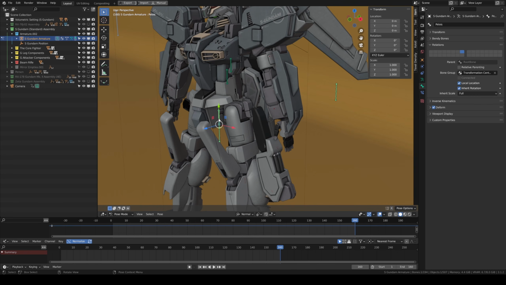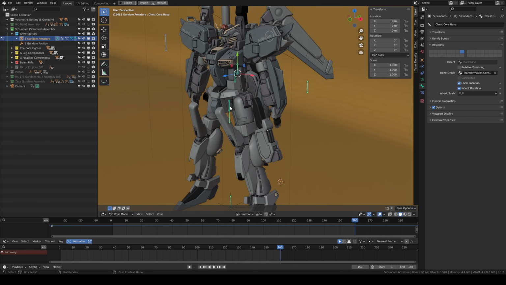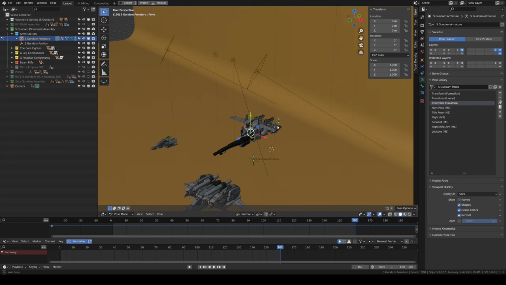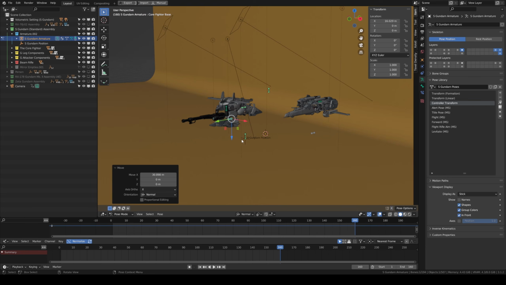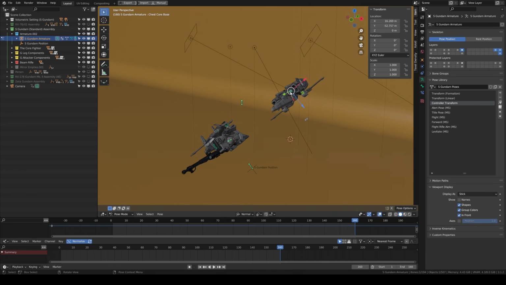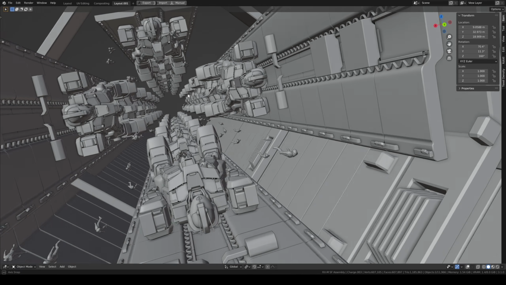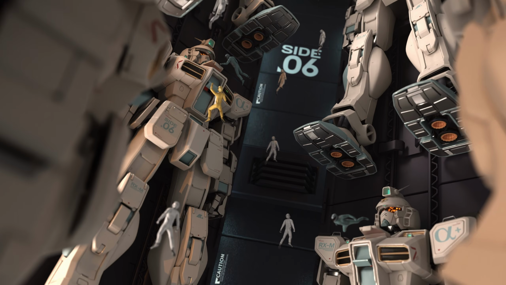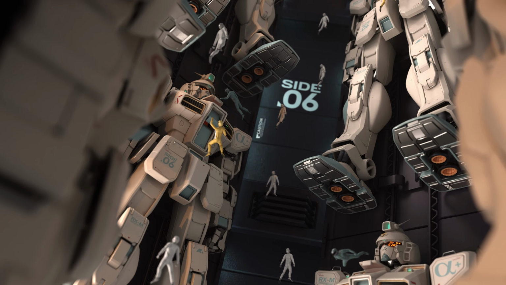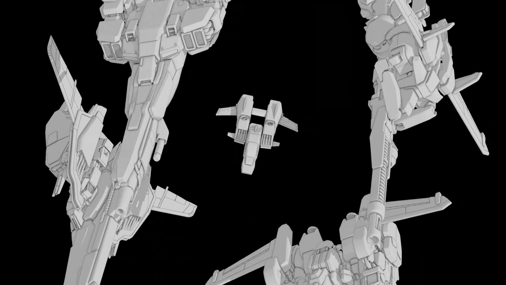In the S-Gundam project, there are 3 transformation cores. They are parented to the root bone. This allows all 3 cores to move independently while they are still governed by the empty. The power in this workflow is the fact that you can create better interactions between models in space-like environments where there is no set ground plane. It makes it easier to set up formations.